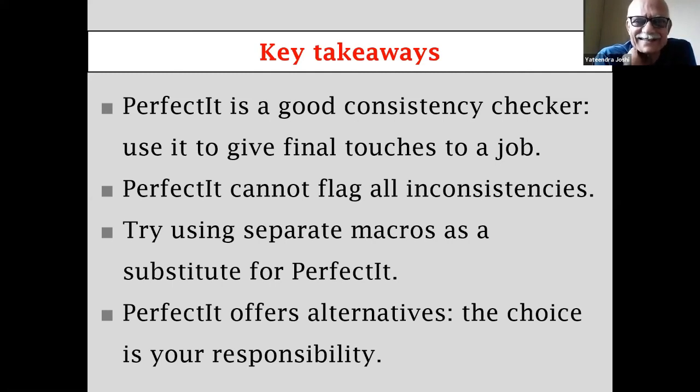But if your construction of a sentence is wrong, it doesn't tell you in PerfectIt. No, but it doesn't promise to do so either. No, it doesn't even point it out. That's what I'm trying to say. Like if you're doing a spell check in a Word document, it points it out. You know that there is something wrong. But in PerfectIt, it doesn't point it out. That's what I noticed.